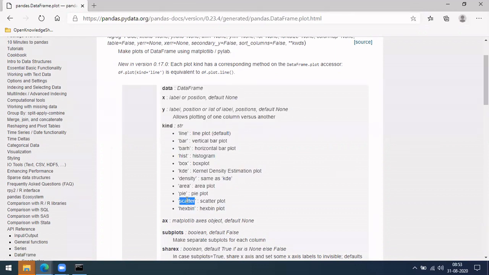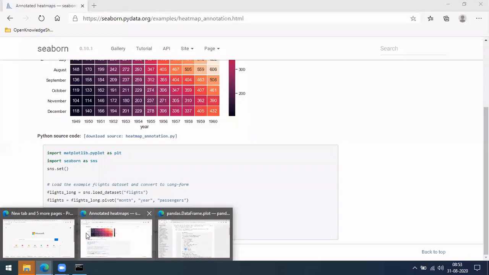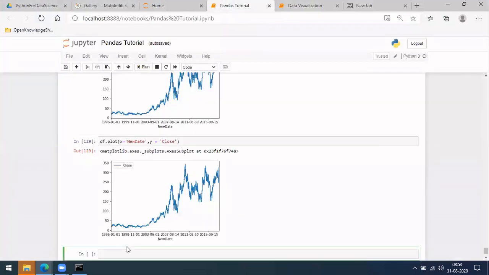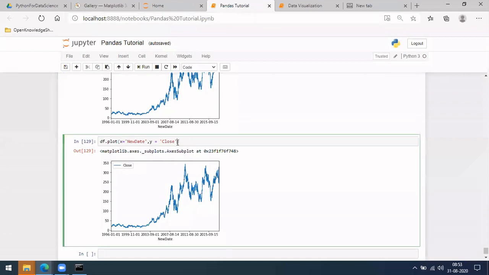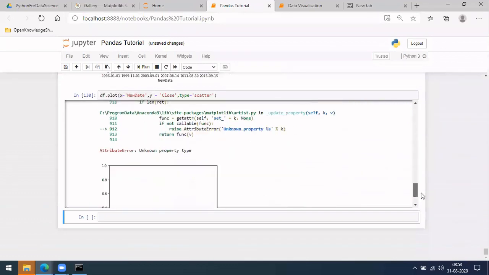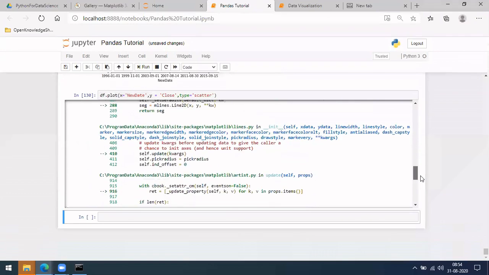Let's also do the scatter plot, what we tried to do before. Okay, let's do that. So it will be here. And let's set type equal to scatter. So for scatter, what is the error you got? Unknown property.